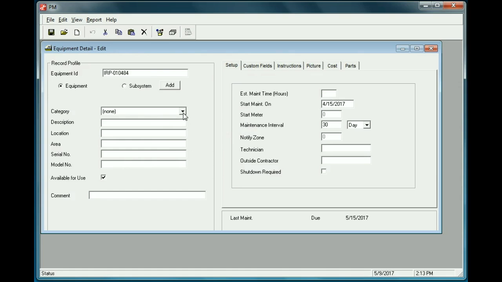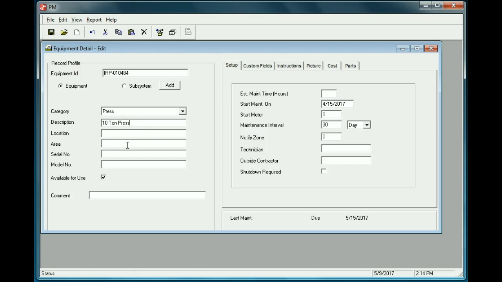Now, the other elements of the equipment detail would be things like category, if you wish to categorize the piece of equipment, and one can generate a drop-down list of various categories depending on what you do in your place. We've set up one which has two entries. One is a press and one is a paint type of piece of equipment. So we'll click on press. The description will be, let's say, a 10-ton press,